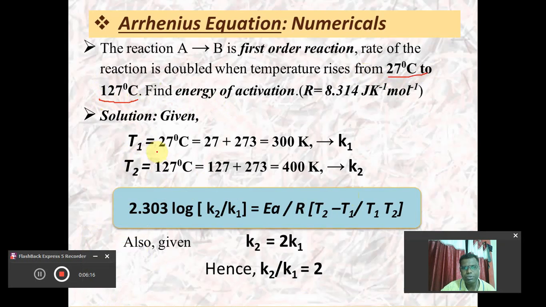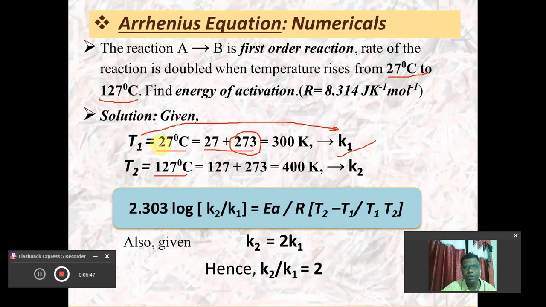Here this temperature T1 is given in degrees Celsius, and we have to convert it into Kelvin. For that purpose we add 273 to the degrees Celsius, so it becomes 300 Kelvin. T1 is this, and corresponding to T1, the rate constant of the reaction is K1. K1 is the rate constant of the reaction corresponding to temperature T1, and T2 is the higher temperature, 127